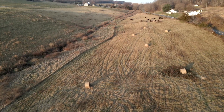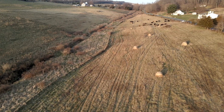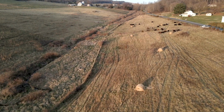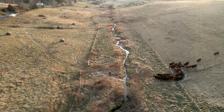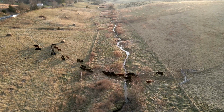So what I did was I placed 11 bales in this field, strategically placed out, I think it was about 2 tons an acre. So I had 11 bales on 5 acres, and I bale grazed it for 21 days with 30 head of cattle. Now, I did this bale grazing in mid to late December, and during that 21 days, we actually had